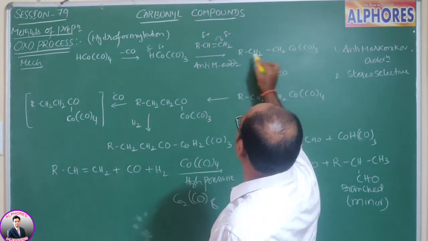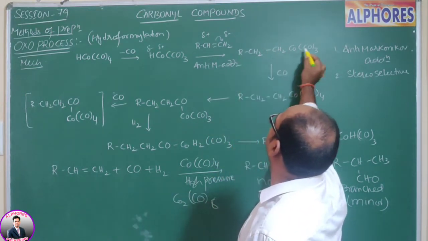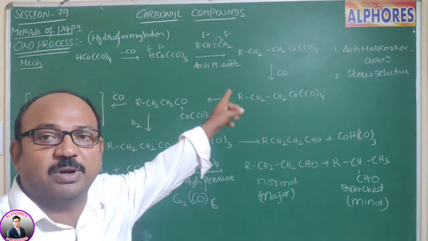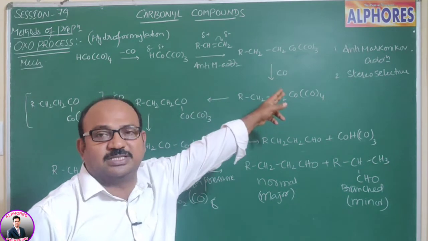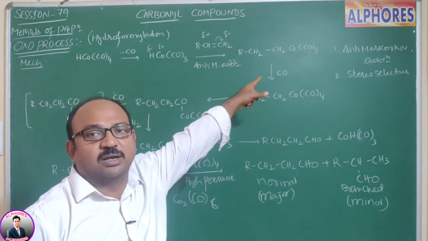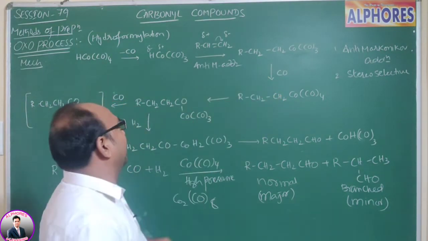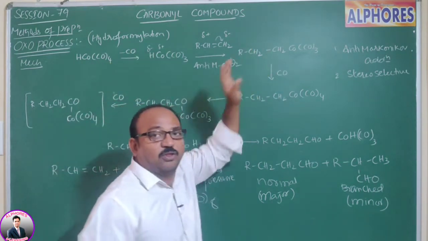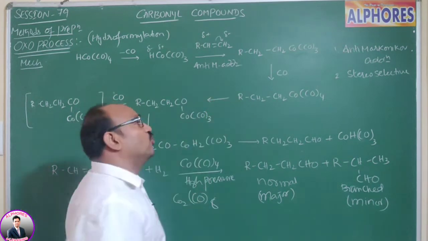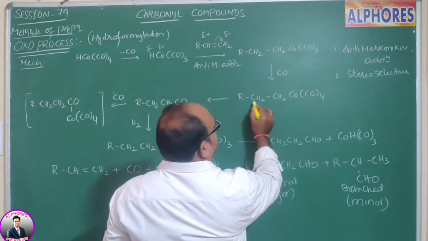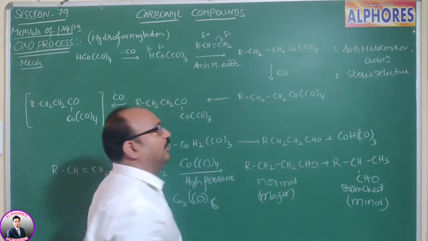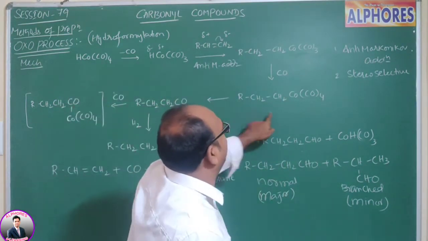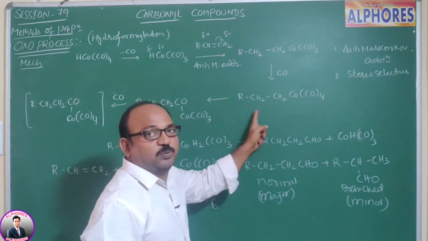After completion of addition, you get the product RCH2CH2Co(CO)3, the tricarbonyl product. That means hydrogen is added towards one carbon and tricarbonyl cobalt towards the terminal carbon. And later the same carbon monoxide which departed earlier comes and attaches again to the cobalt metal, then it converts into tetracarbonyl cobalt. So if you observe, from the first to here, instead of one hydrogen, right now an alkyl group is there.